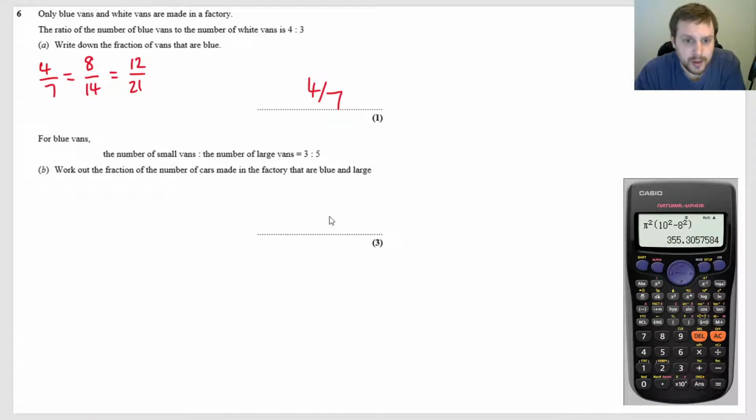For blue vans, the number of small vans to the number of large vans is 3 to 5. Work out the fraction of the number of cars made in the factory that are blue and large. Okay, so there are lots of different ways of doing this as well. This is what makes this a bit frustrating in a way, because when there are so many different good ways to answer a question, it's hard to choose the best one. So I'm just going to answer it the most natural way that I can think, and that is